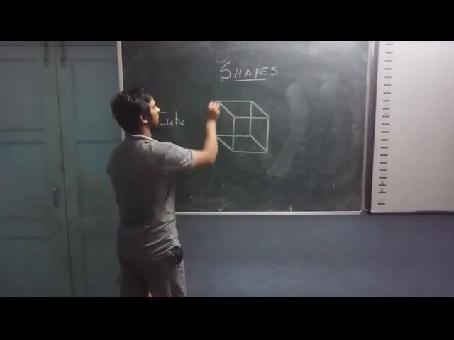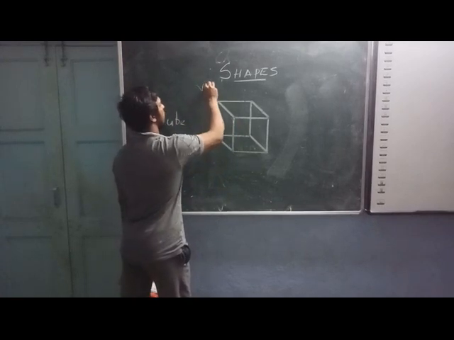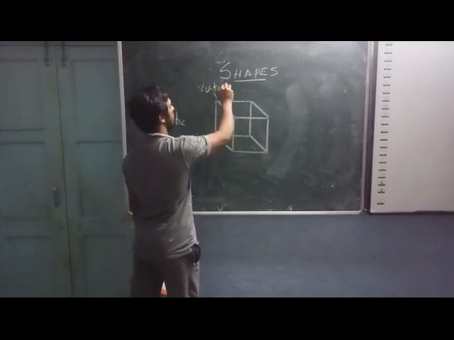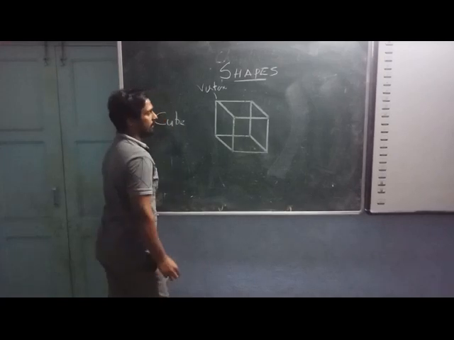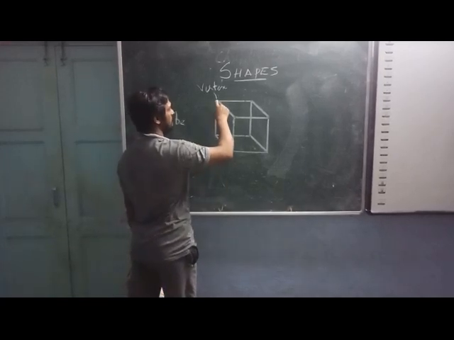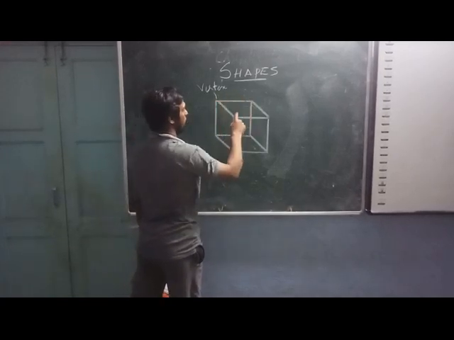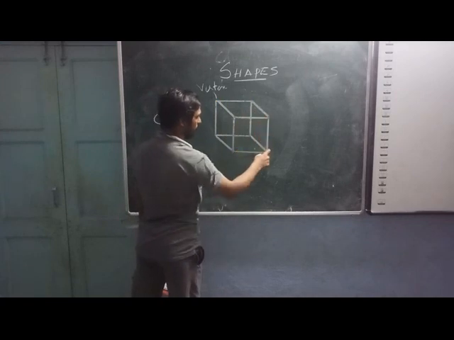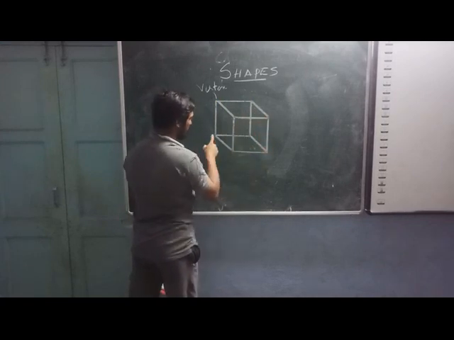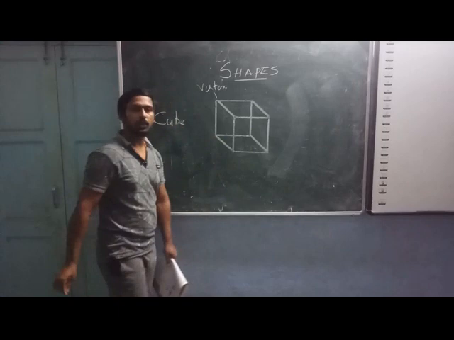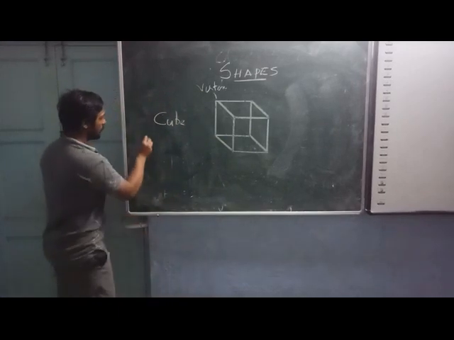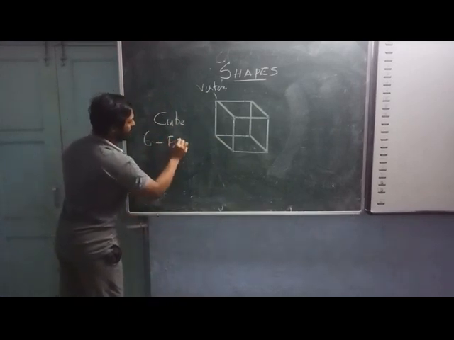This corner is called a vertex, okay. How many vertices are there? 1, 2, 3, 4, 5, 6, 7, 8. So, there are 6 faces,